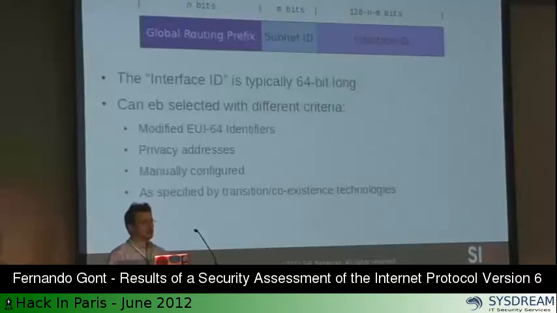You have another option, which could be, for example, to manually configure the interface ID. That's the same thing that you usually do with IPv4. So let's say that you don't want to rely on DHCP for some reason. For example, you are configuring the address of a router or of a server or whatever. So rather than selecting the address automatically, you just configure the address manually. Typically, in that case, what you do is you set the interface ID to all zeros and you just vary the last byte.